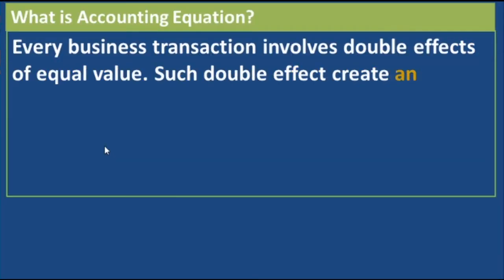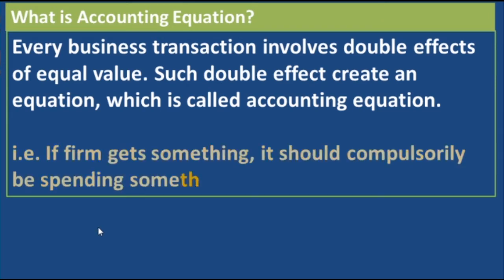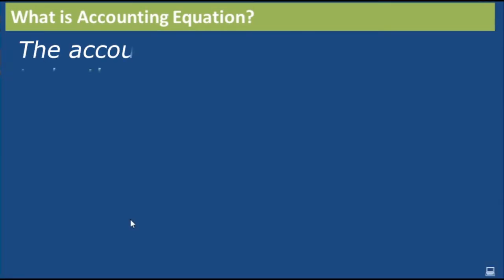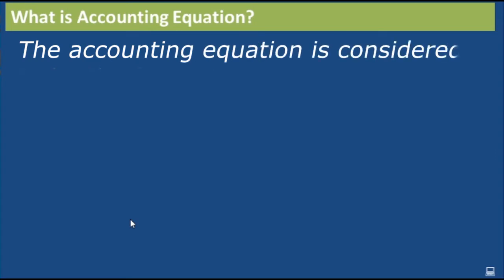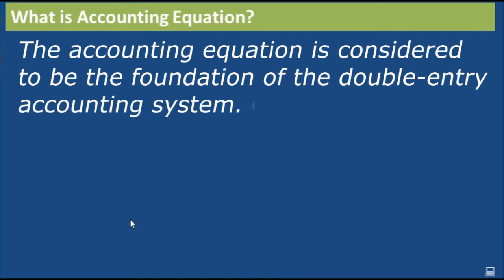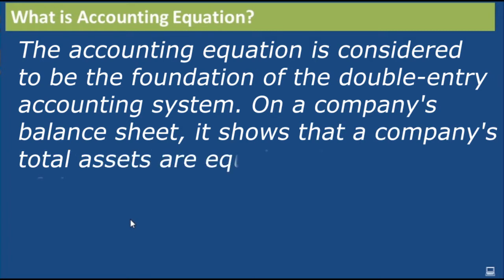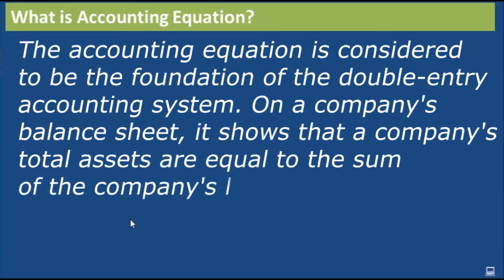Every business transaction involves a double effect of equal value. Such a double effect creates an equation, which is called the accounting equation. That is, if a firm gets something, it should compulsorily be spending something of equal value. The accounting equation is considered to be the foundation of the double entry accounting system. On the company's balance sheet, it shows that a company's total assets are equal to the sum of the company's liabilities